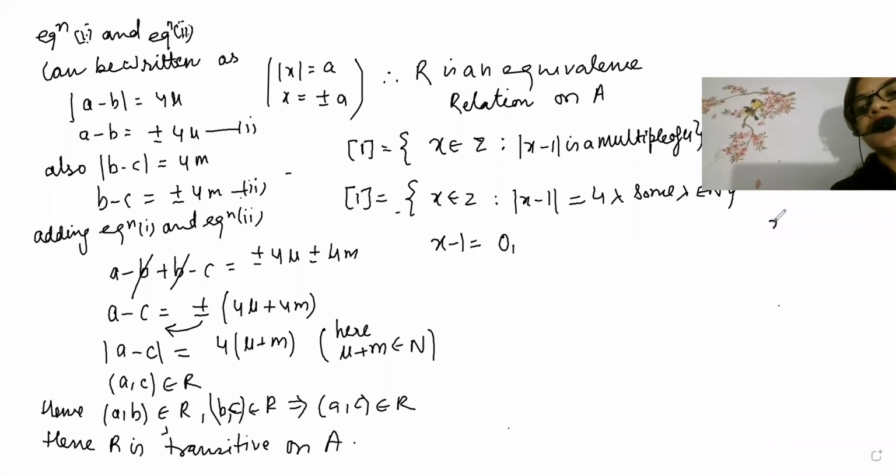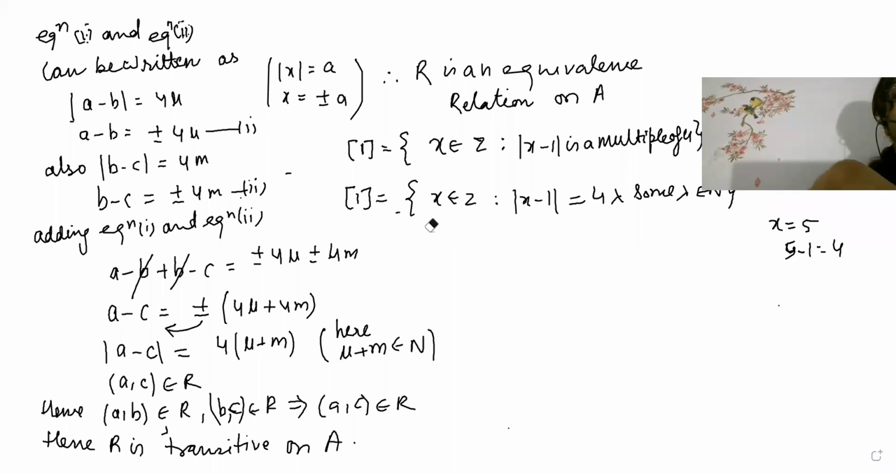One time if you take x equal to 5, then 5 minus 1 is equal to 4, which will become a multiple of 4. So here, we will write directly what can be the value of x. Then x can be equal to 1, x can be equal to 5, and then another number 7, 7 minus 1 is 6, not divisible. x can be equal to 9, 9 minus 1 will become 8. Then x equal to 10, 10 minus 1 is 9, 11, 11 minus 1 is 10, not possible. So only 1, 5, 9 will be there. So x can be either 1, either 5, or either 9.